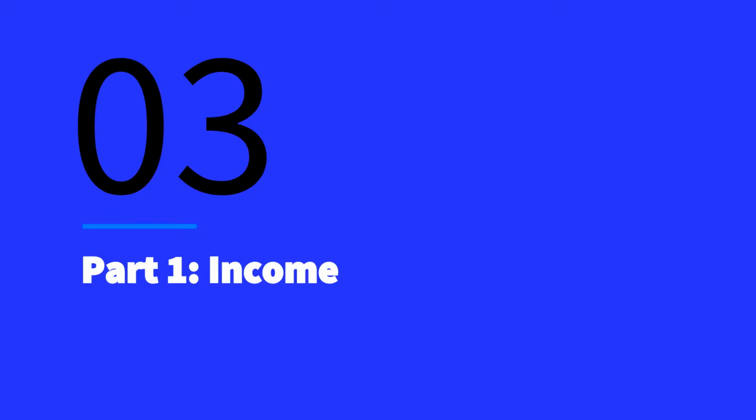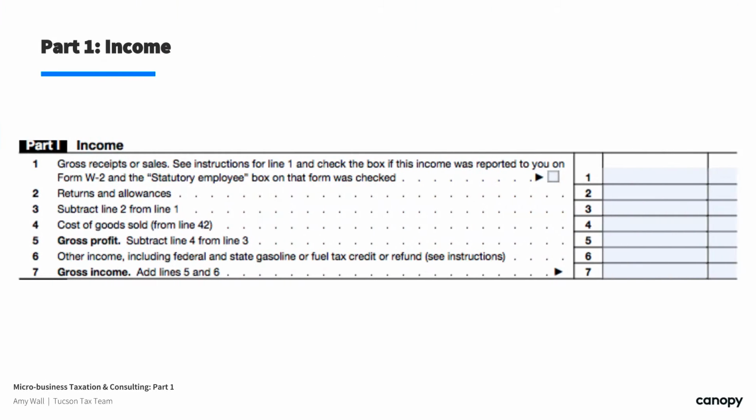Now, the income portion of this form is pretty straightforward. Gross receipts, returns and allowances, cost of goods sold, other income. Now, cost of goods sold is actually calculated in part 3 of the form, which we're going to get to. Schedule C is just like most IRS forms. There's all kinds of good things happening on page 2, and they pull forward onto page 1, and Schedule C